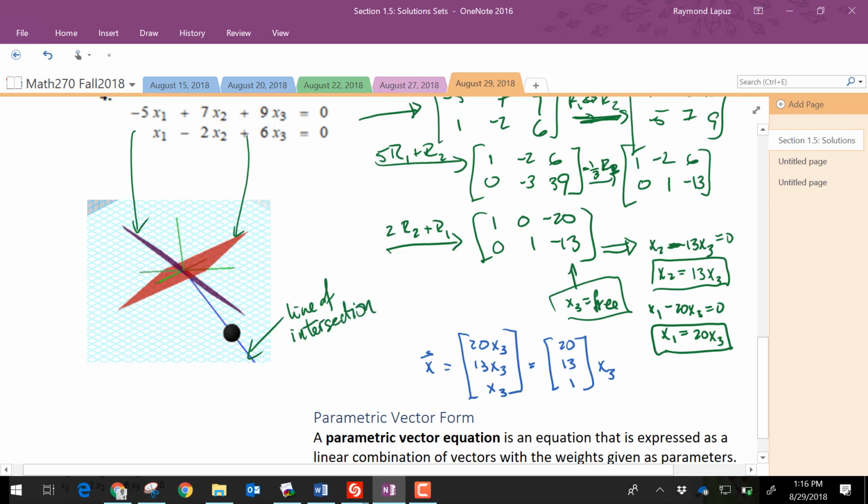And we can describe this line as x is equal to 20, 13, 1 times some parameter t. In fact, we can say x of t equals